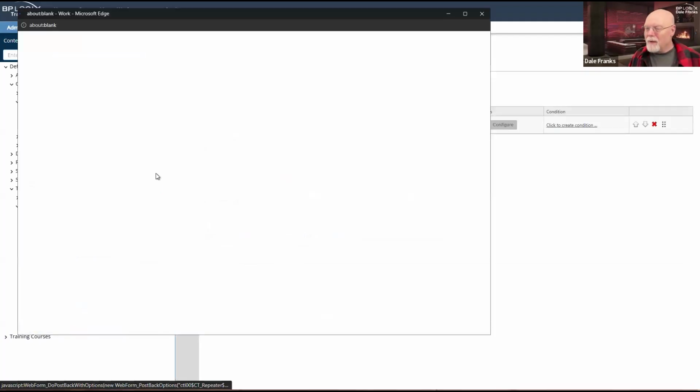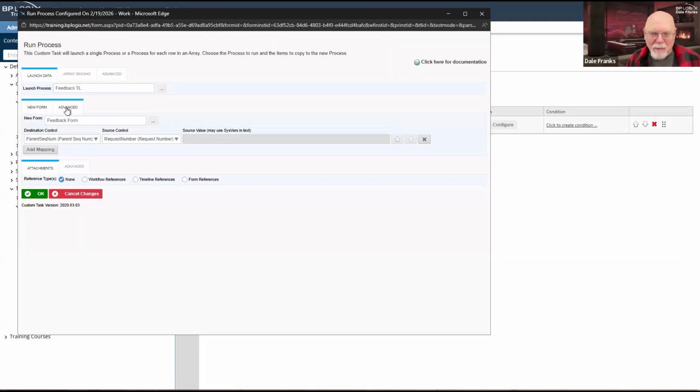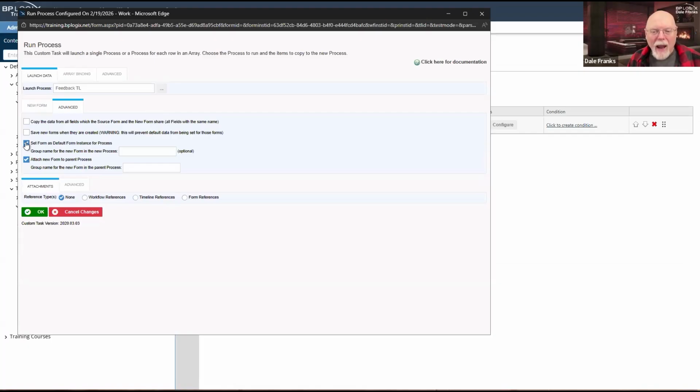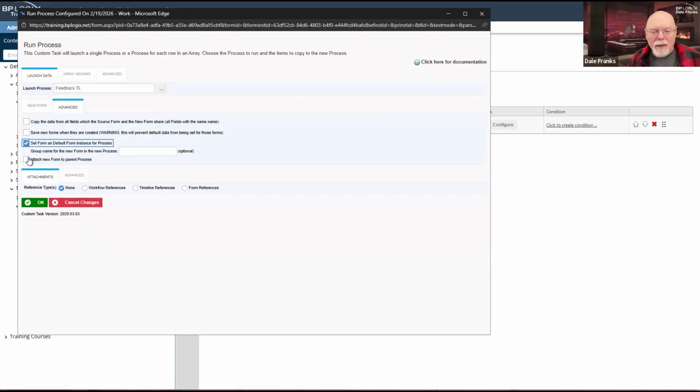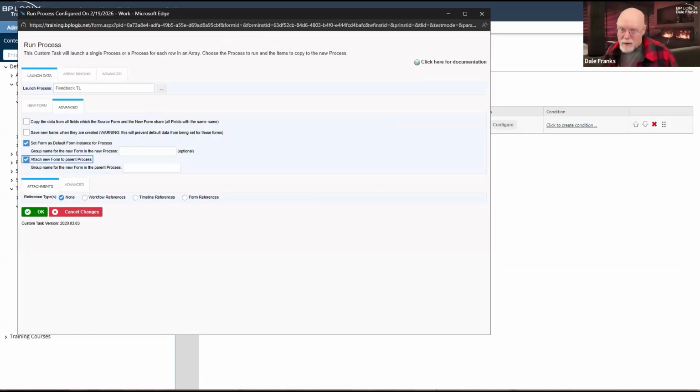So if I've got that going on, or back over here, very confusing, switching back and forth all the time. If I have these set, then potentially somebody who is looking at an instance of the feedback timeline, because whenever you have a timeline instance running, everything that is attached to that timeline displays on that timeline.